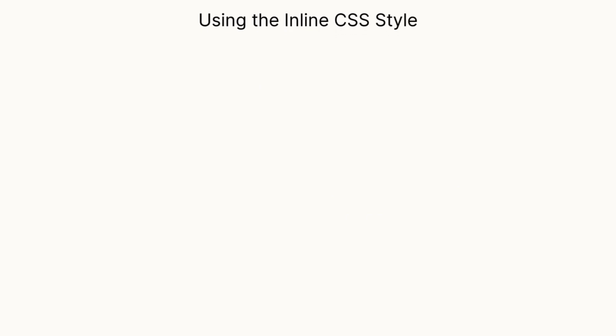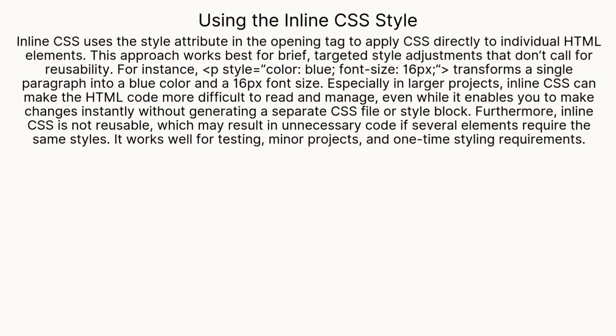Using the Inline CSS Style. Inline CSS uses the style attribute in the opening tag to apply CSS directly to individual HTML elements. This approach works best for brief, targeted style adjustments that don't call for reusability. For instance, p style equals color blue, font size 16px, transforms a single paragraph into a blue color and a 16px